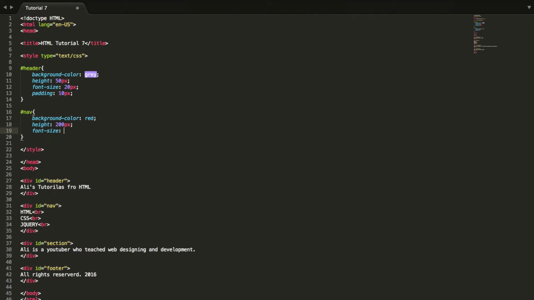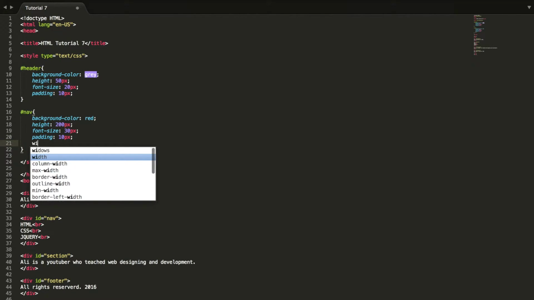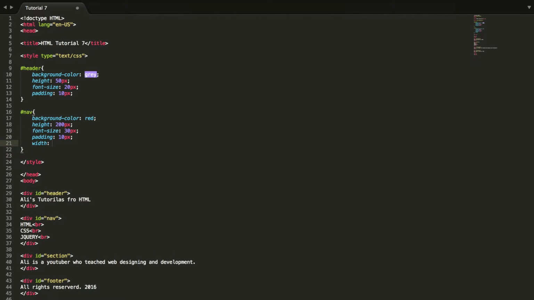Yeah, font size will be say 10, no, 10 is too small, I think 30 pixel. Okay, also add padding to it, 10 pixel, and also add width of say 300 pixel. Okay,